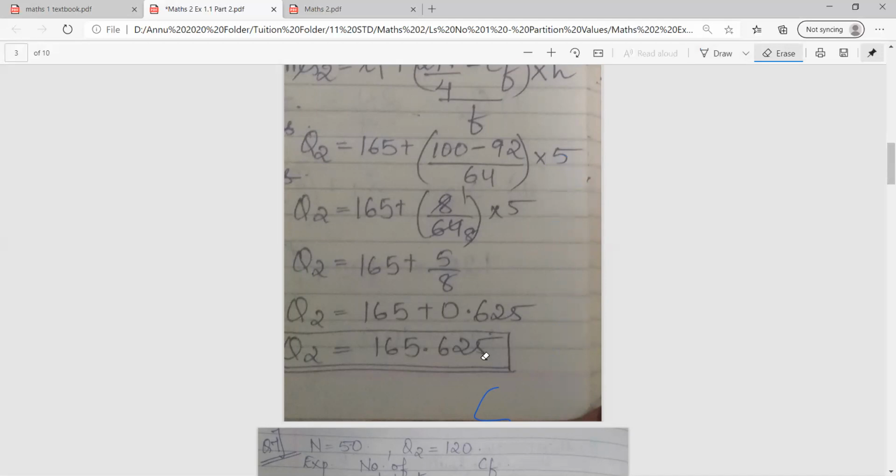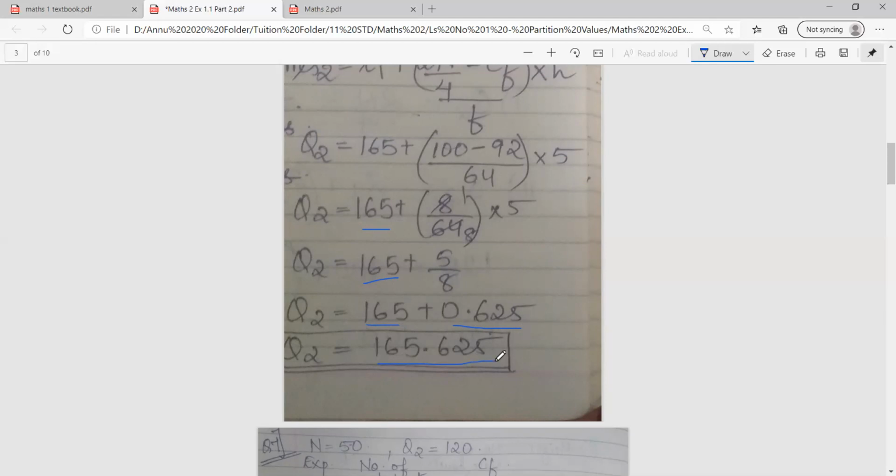Okay? All right. So on solving the bracket, as you can see, 8 eights are 64, 5 by 8. Now I'll divide 5 by 8 and I'll get 0.625. Till the end, you do not have to touch 165. As I told you, you have to follow the BODMAS rule. After doing the division, now you can add and you'll get the answer